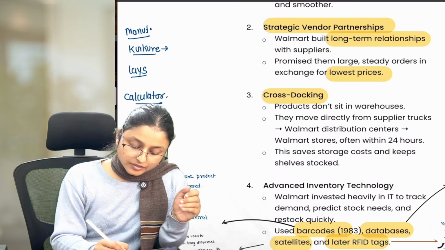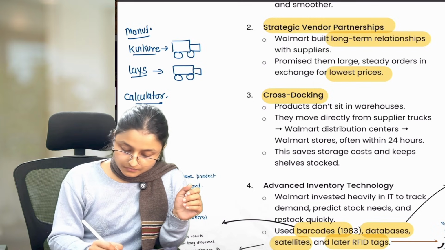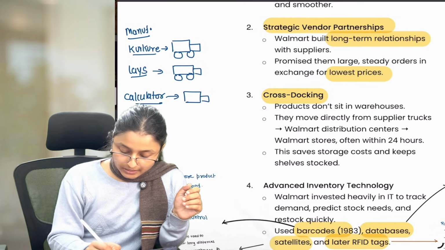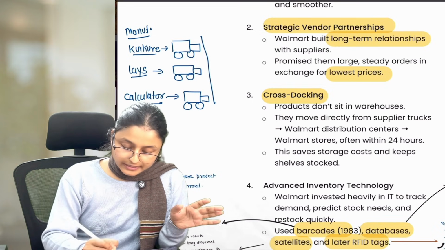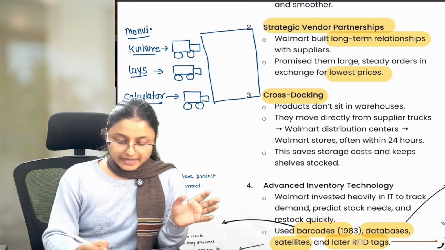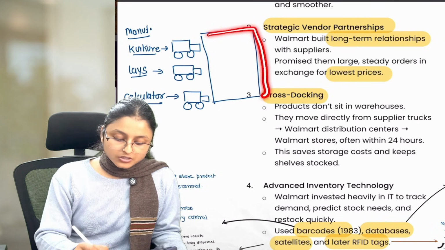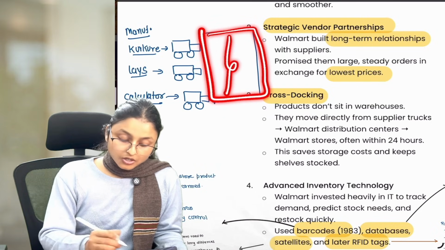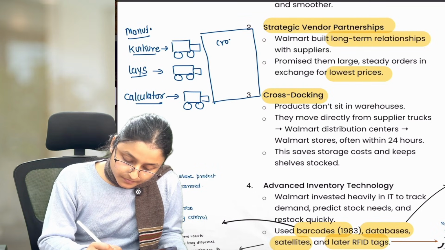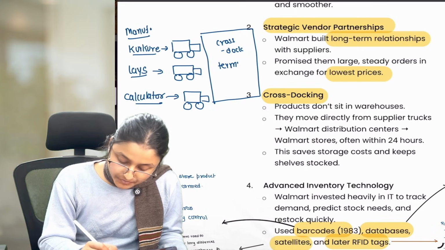So all the manufacturers will transport their product with the help of trucks and provide it to Walmart. What Walmart does is it takes all the product from the suppliers in a cross dock. This is known as a cross dock terminal. Now after getting the product in the cross dock terminal, on the same day,